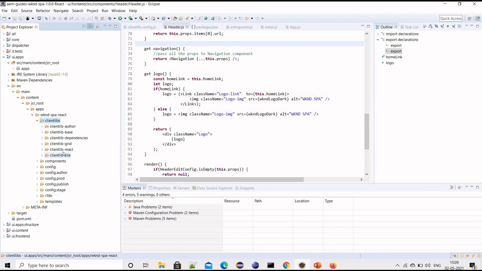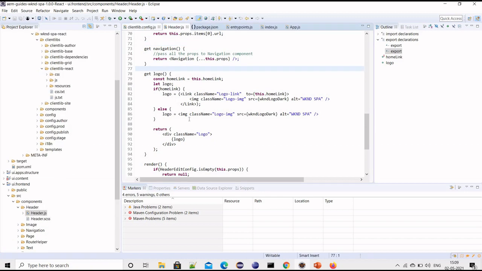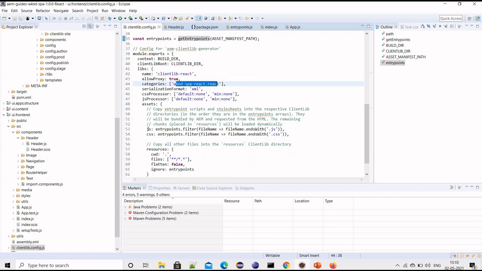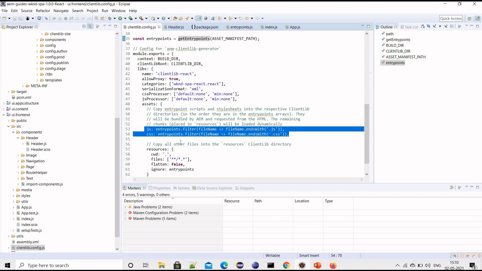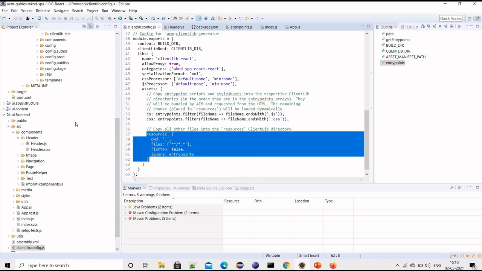Yeah, so the client lib React is created dynamically, because this is coming from this clientlib config.js. So we said create a new client lib with the name of this folder, and then the category name will be this. We are copying the JS and CSS files inside the JS and CSS folders, and the rest of the files, meaning images, resources, fonts, etc., will be copied under the resources folder.